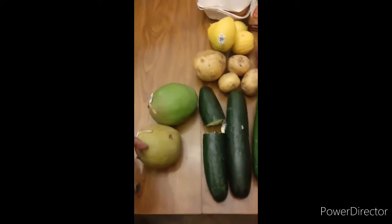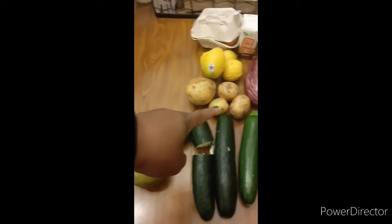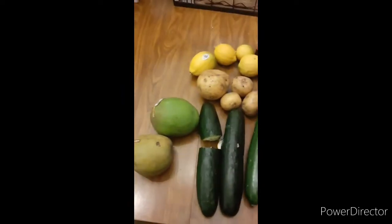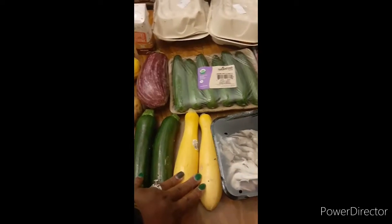So 2 mangoes, 2 cucumbers. You see one is broken. 4 little potatoes. 4 lemons. 2 zucchinis, 2 squash. These are oyster mushrooms, and what I'm going to do with these is my friend Vel, who orders, is doing vegetarian, and she has been